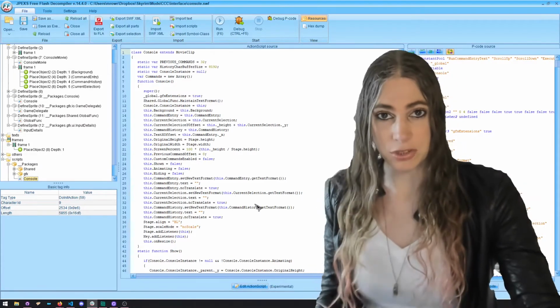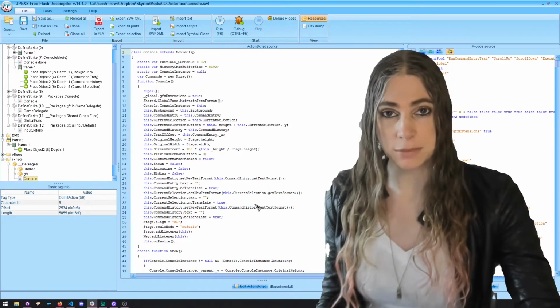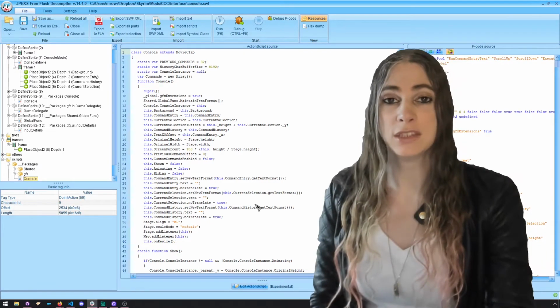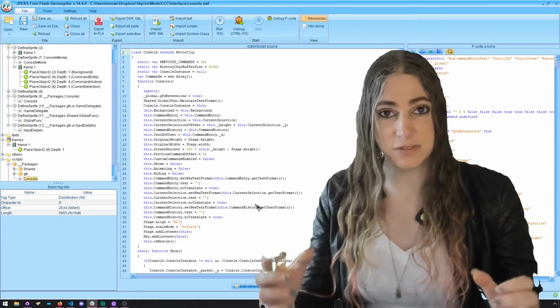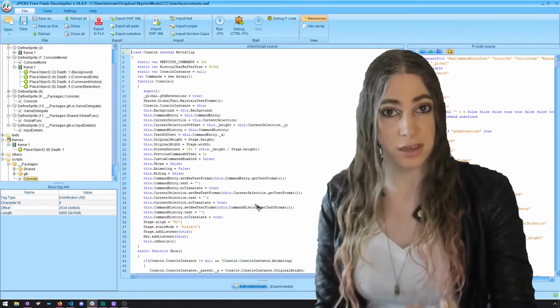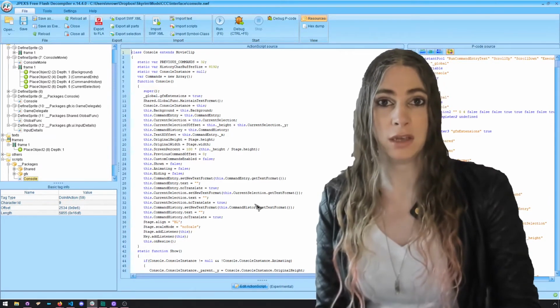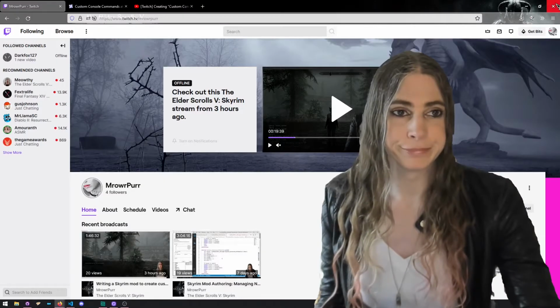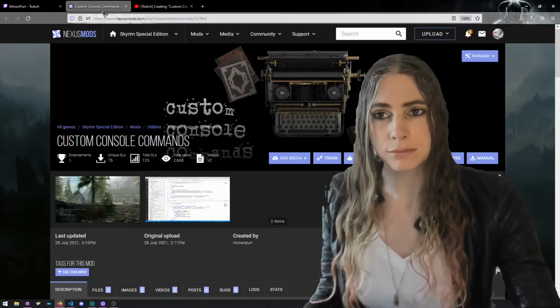Now in this episode, the utility mod that we're going to make will not rely on a customized console. It's going to work with the base vanilla one, but it will be useful in other mods like the custom console commands mod, which will make use of this utility mod. So I'm going to call this something like ConsoleHelper, maybe, because